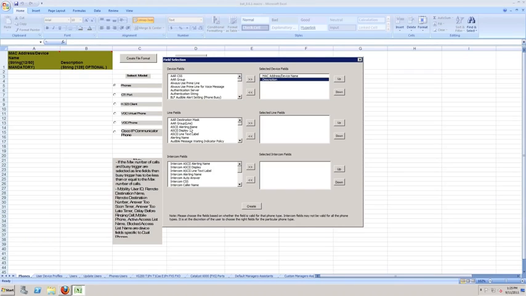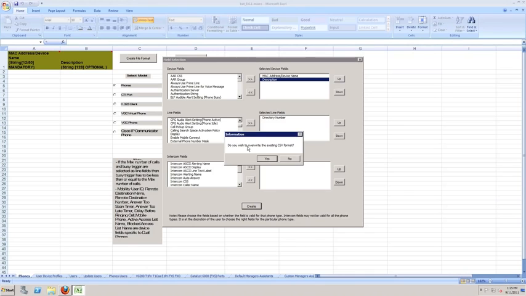I'm also going to do a line field, which is going to be the directory number. So I'm going to select that and then do the right arrow. And now I have the directory number on the right hand side. You can also use the up and down buttons to change the order that they show up in the Excel spreadsheet. And then once you're done, I'm just going to keep these three fields in there and just keep it simple. Click Create